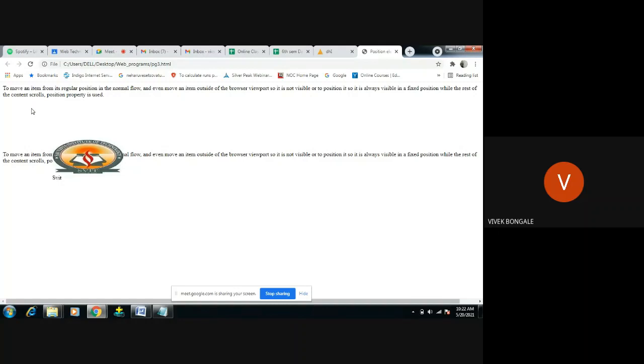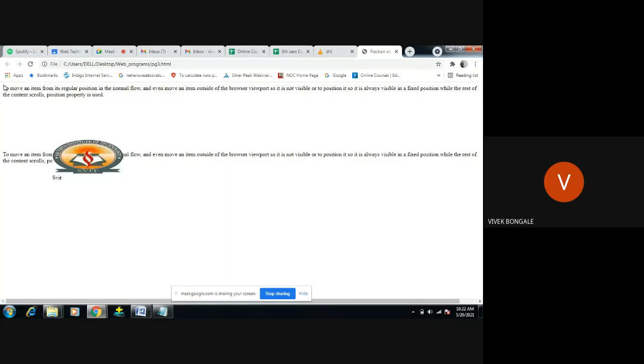So this is one container. In an HTML program, each element we use is in the form of a container, meaning all content is displayed in one rectangular box. The whole box is set as one container. Your image is displayed in one container, and this paragraph is displayed in one container.